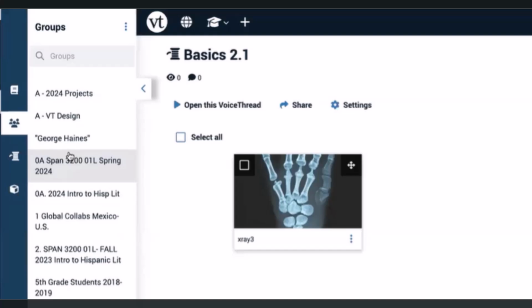You're working with faculty on these VoiceThreads, and you want a place to share them, and you're not in their course. All right, if you're not in their course, you can manually create a group, and you can drag and drop VoiceThreads into the group. You can work on them together with faculty members or other people in your department. Maybe you teach section 1 of a course, and one of your colleagues in your department teaches section 2, and another colleague teaches section 3.